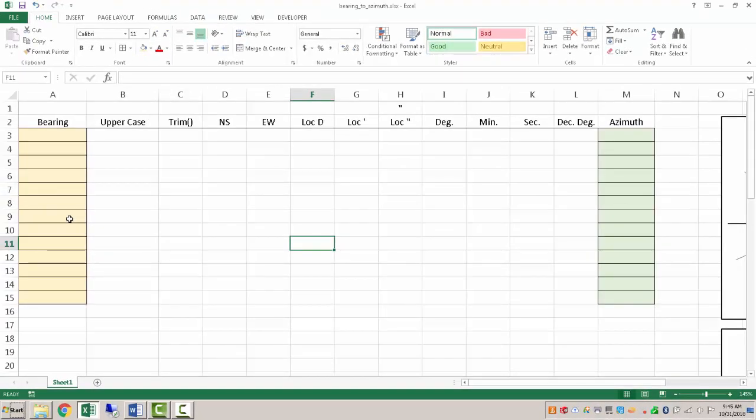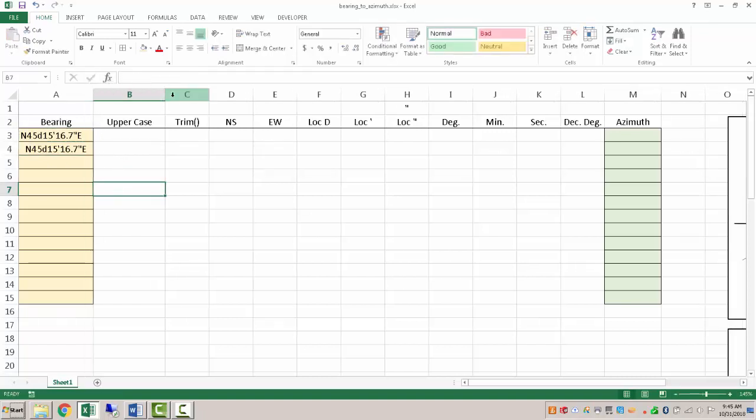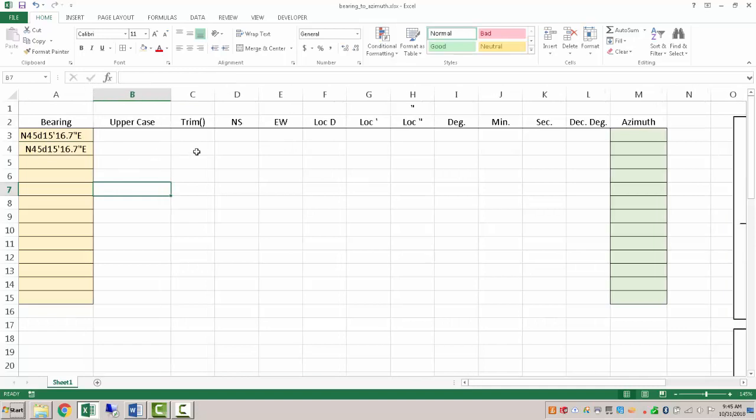and it would be very easy to expedite these calculations using a spreadsheet and some of our basic text manipulation functions. So let's say we have a bearing angle that is north 45 degrees, 15 minutes, 16.7 seconds east. I'm going to copy this as well, and I'm going to intentionally add a couple spaces at the beginning and the end